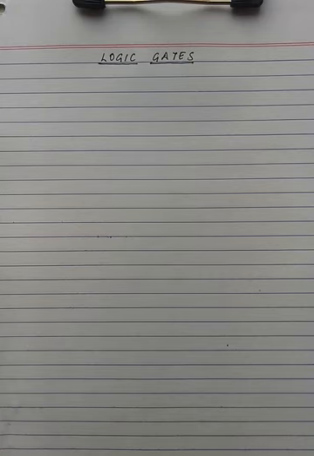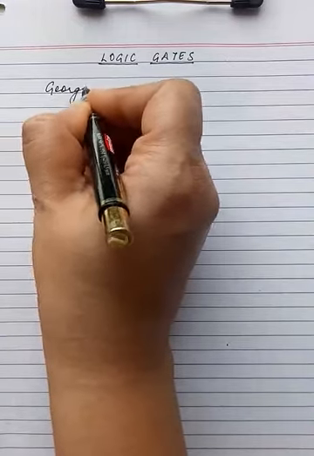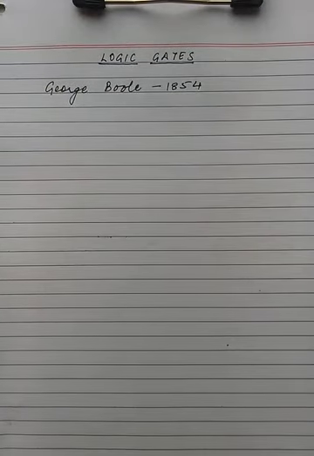Now, for many centuries, scientists and mathematicians have spent time trying to find the relation between mathematics and logic. There was one mathematician known as George Boole, who discovered a link between mathematics and logic. In the year 1854, he called it symbolic logic, which became useful to solve logical problems in mathematics, known as Boolean algebra.